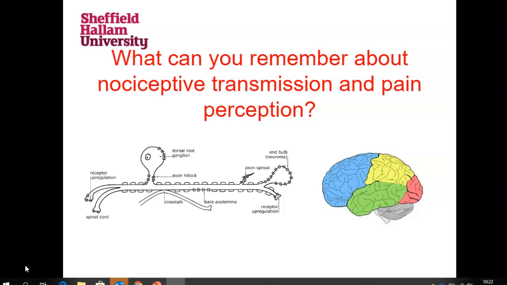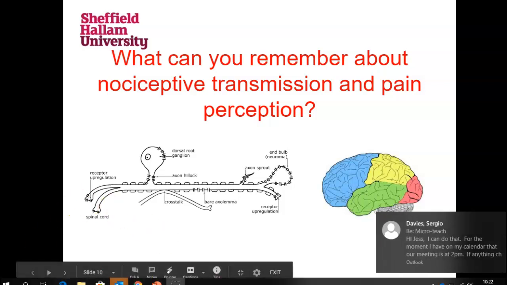And then we get a motor output, behavioural output. So we will change our motor behaviour depending on the threat value of the pain experienced. And we discussed how the central nervous system can modulate pain via descending inhibition,